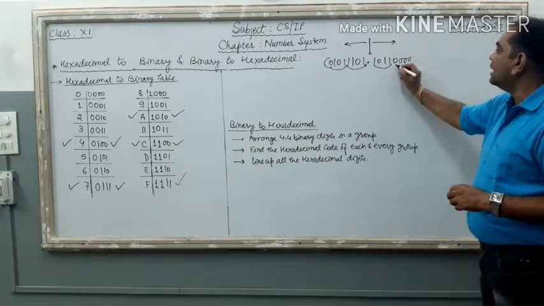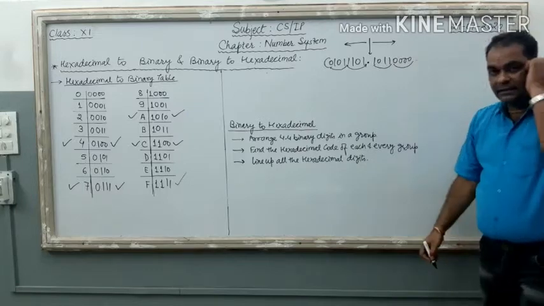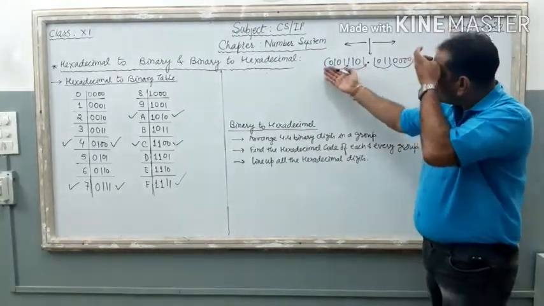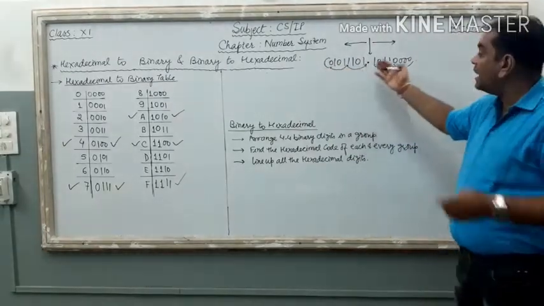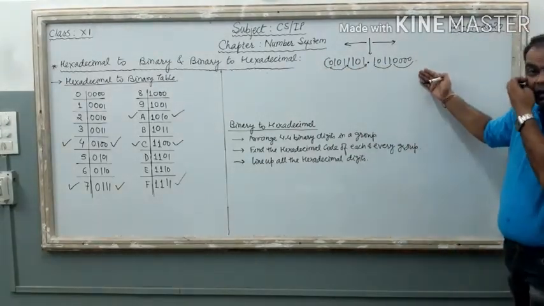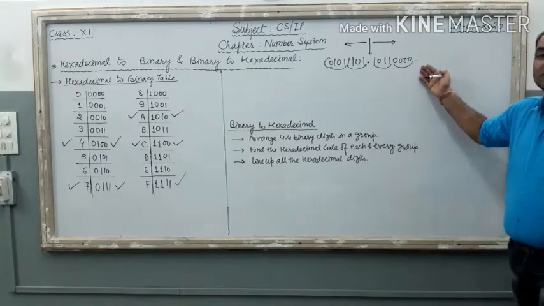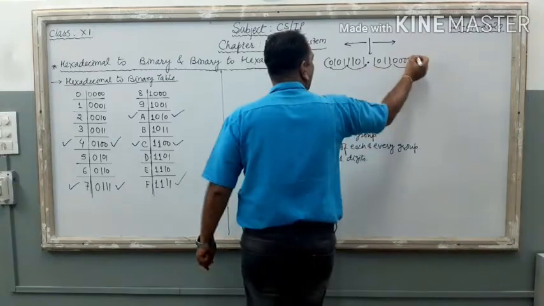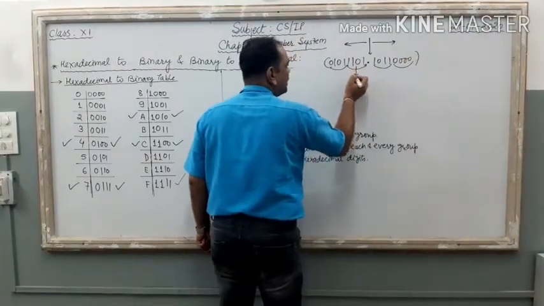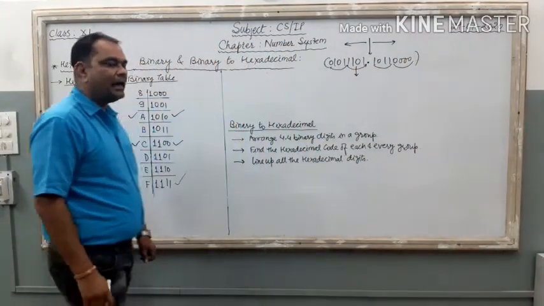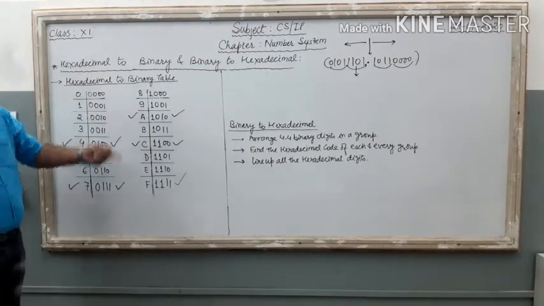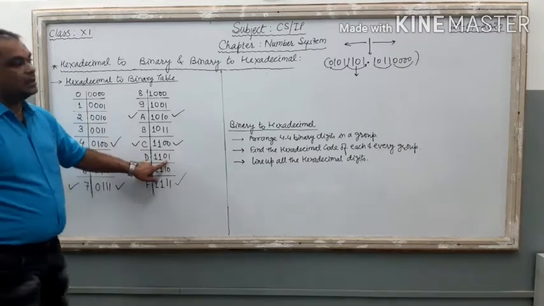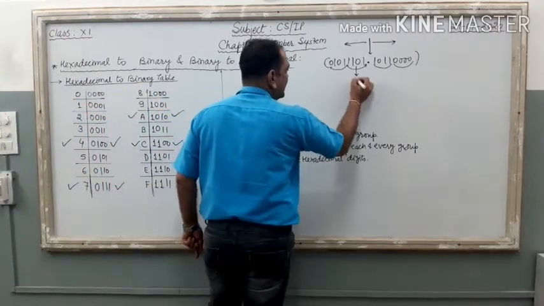1 2 3. Now it is converted into 4 digits. Clear? You can put 0 at the beginning of the digit, and if you find a fractional part, you can put 0 from your side at the end of the digit also. Right? So here, now the digit is 1101. It is the binary code of which hexadecimal value? Just see, what is this? D. So here, the result is D.